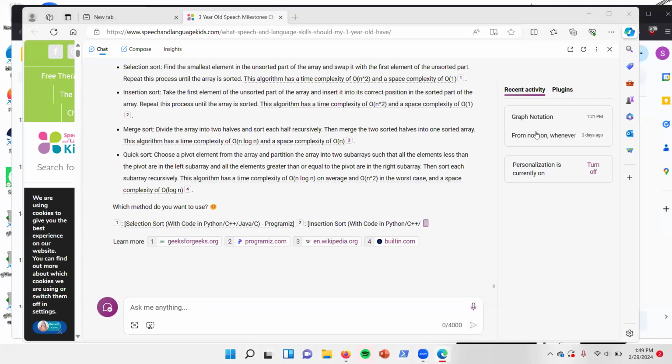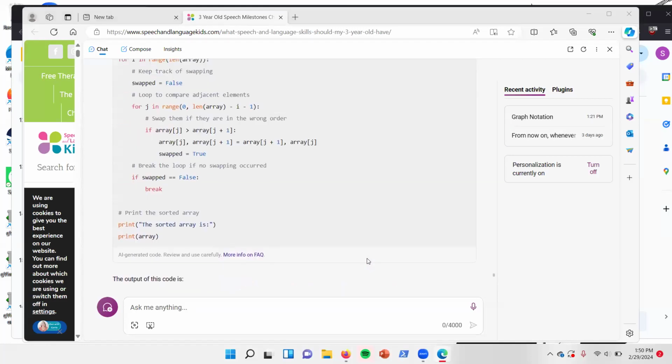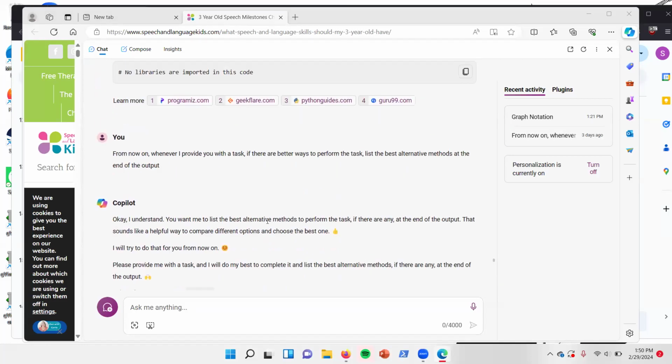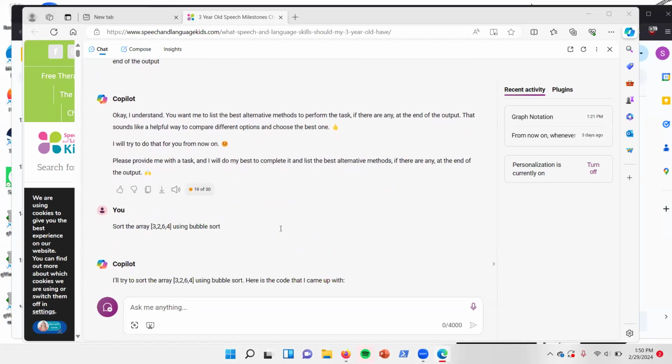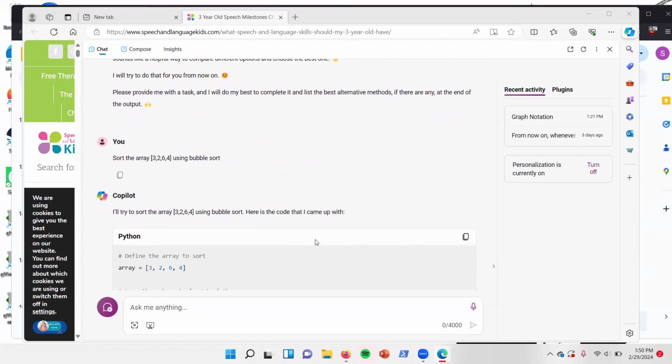So as an example of the alternative approaches pattern, I asked it to, from now on, whenever I provide you with a task, if there are better ways to perform the task, list the best alternative methods at the end of the output, which it agrees on. I have noticed that the Copilot does reiterate a lot of the benefits of these prompt patterns, which is very nice. So I asked it to sort this array